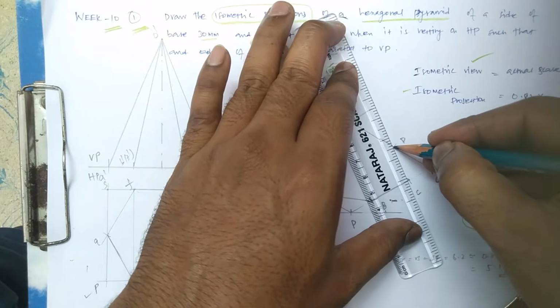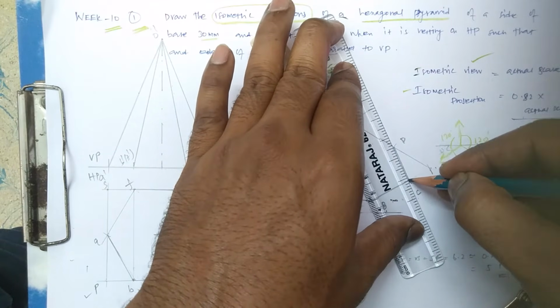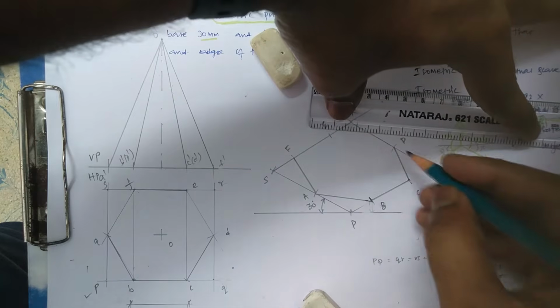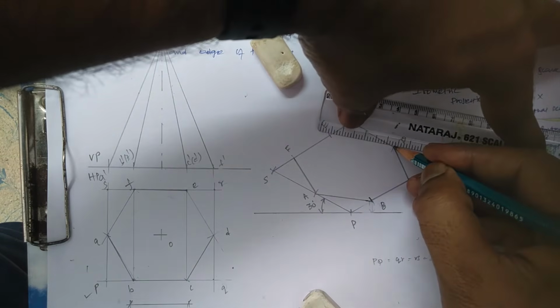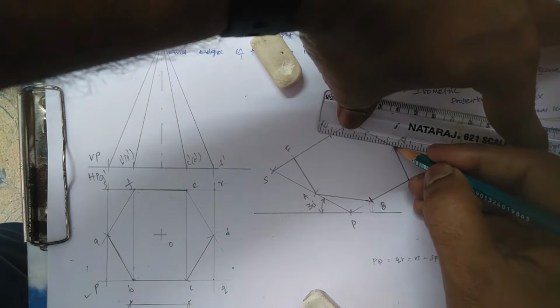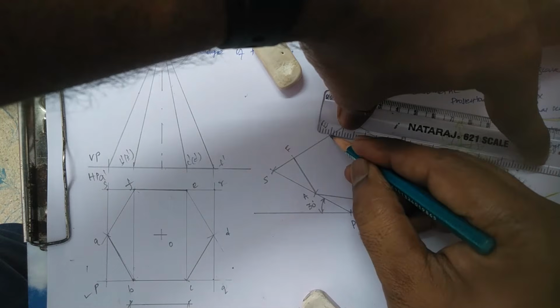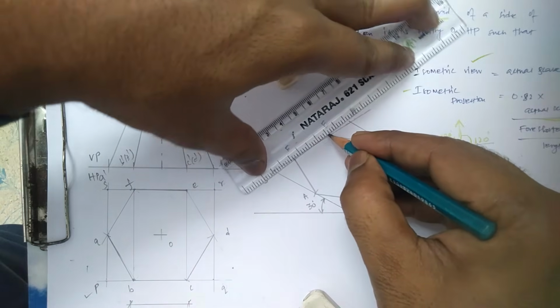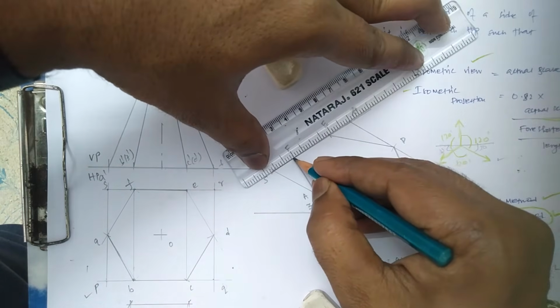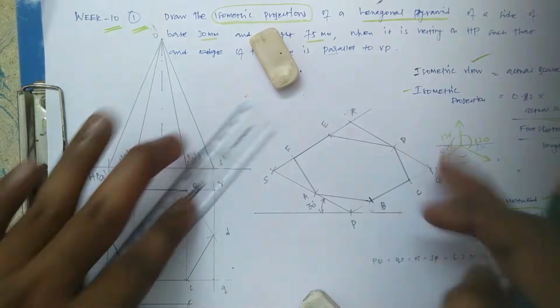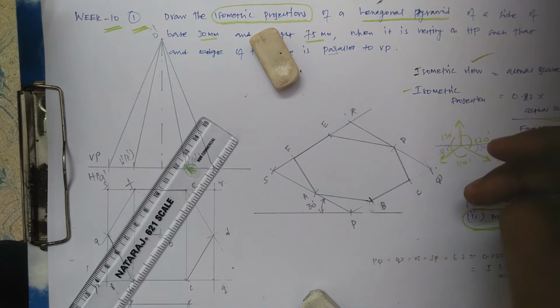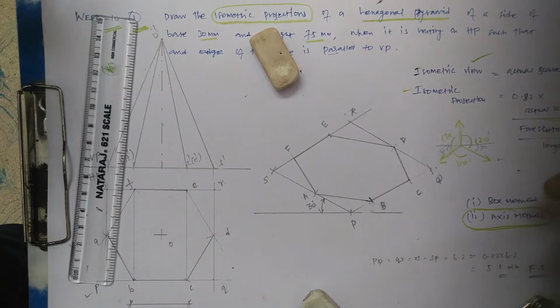Make this in a bold line. Okay, it's a foreshortened hexagonal